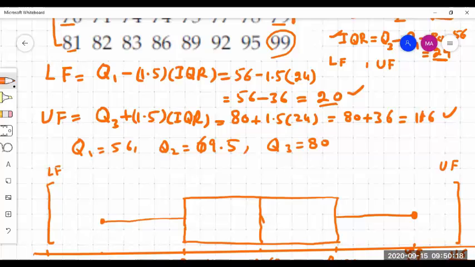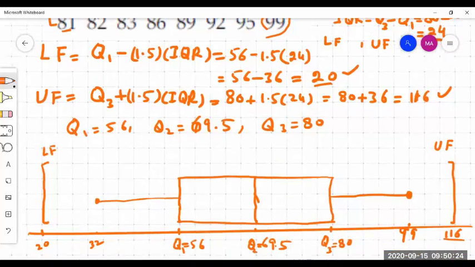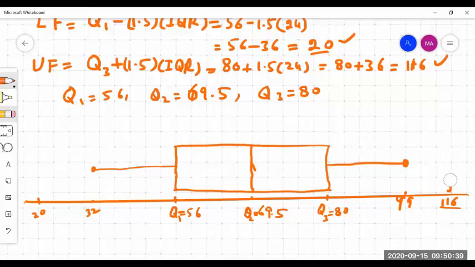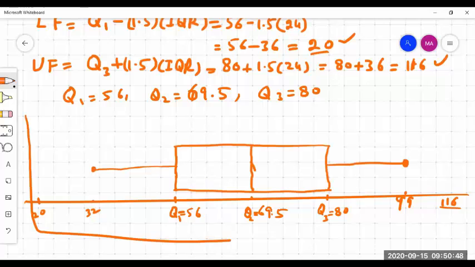So we are pretty much done. The last thing we have to do, once we draw this graph, is remove the lower fence and upper fence, because they are no longer part of our graph. So we just erase them. Lower fence, erase it. And similarly, upper fence, you just erase it. So now this remaining part is the graph, right? So now your graph is this one, without those fences. So this is your graph.